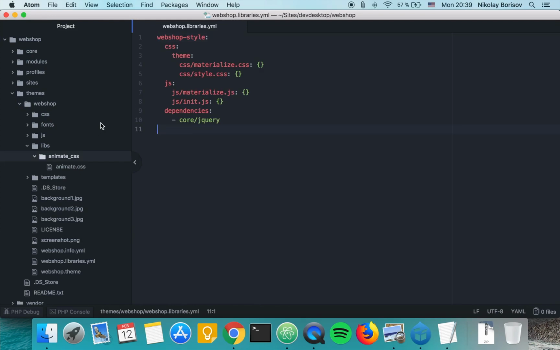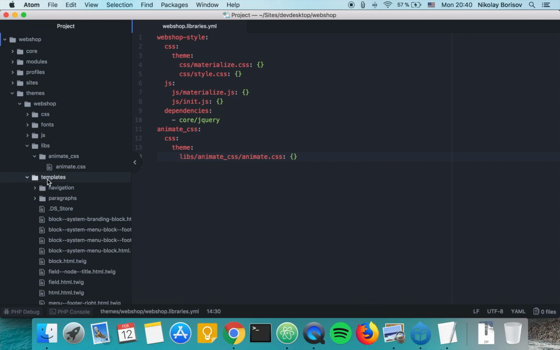And now in our Drupal code base we're going to go to our .libraries.yaml file. Simply we're going to copy the library declaration that we have at the top, and we're going to call it Animate CSS, and we're going to change the location simply here from libs / animate CSS / animate.css. Wonderful. If we save,